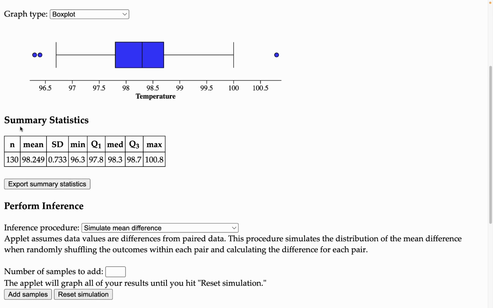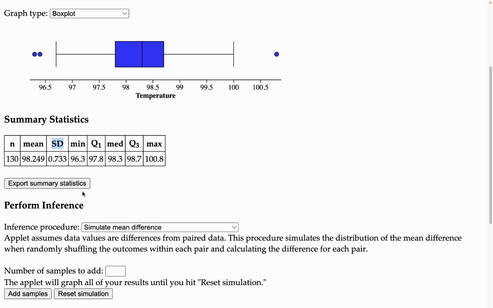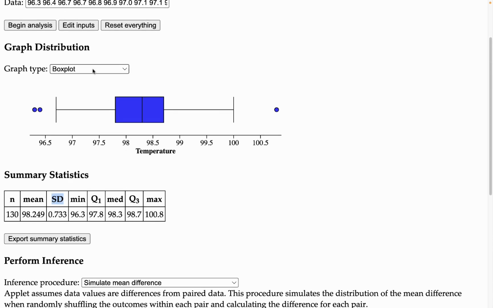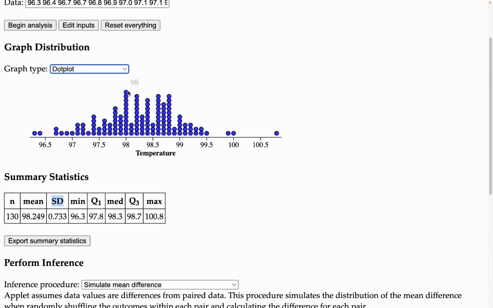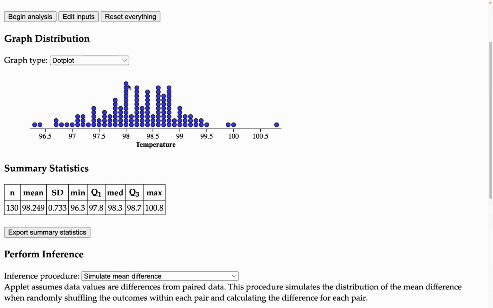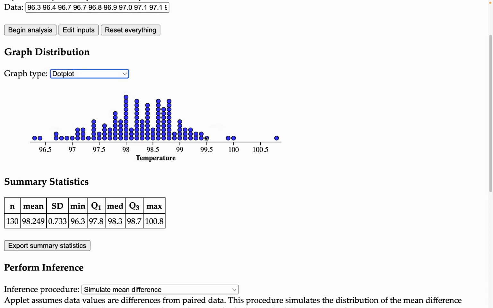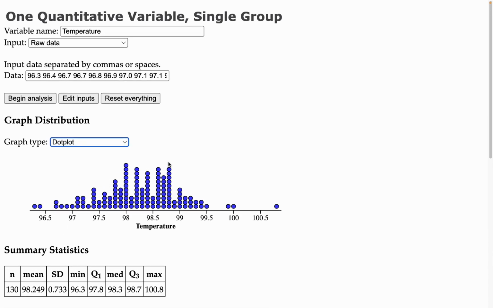In this next area, we've got summary statistics. You don't have mode, but you do have most of the measurements you want. SD is for standard deviation. It's going to assume it's sample data. If you have a population, you'll have to find the standard deviation a different way because that is a different formula. If you want the mode, I would recommend going back to the dot plot and finding the column that has the most dots, or if it's a tie. I'm not sure if that's what they intended, but that seems like the best way to do it.